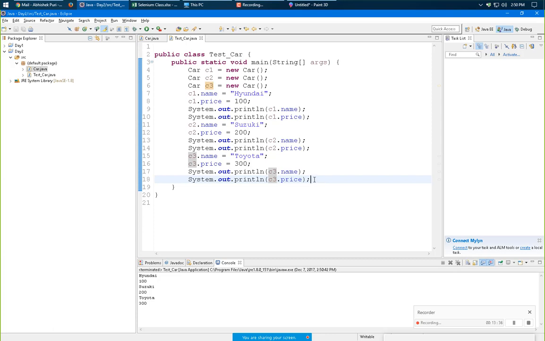Right now C1 has its own object, C2 has its own object, and C3 has its own object.